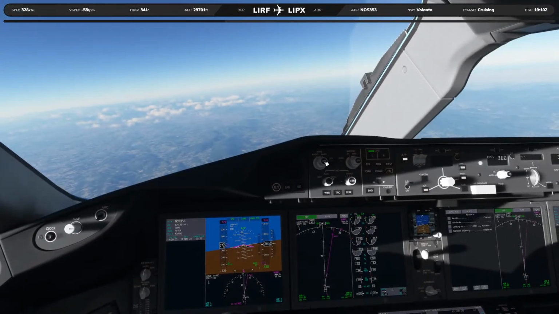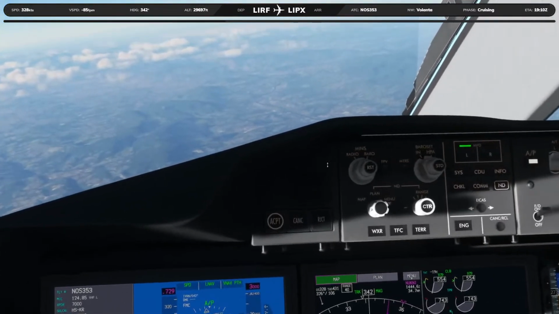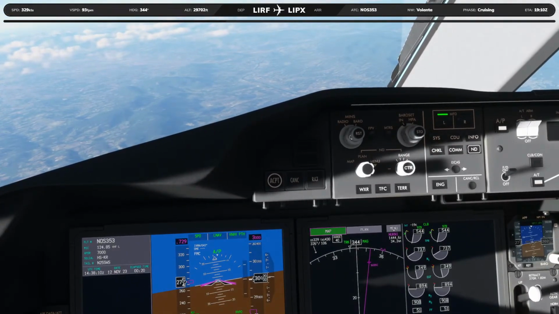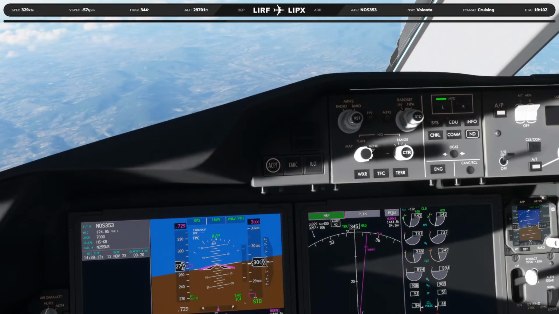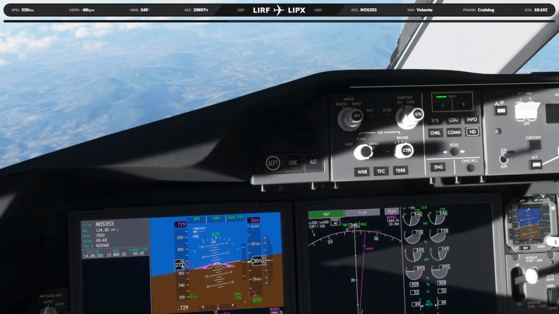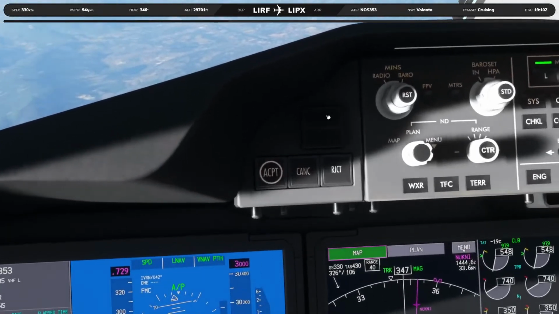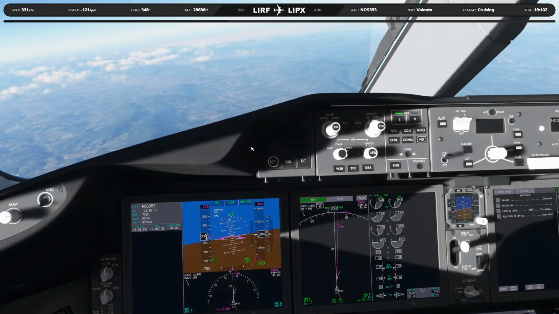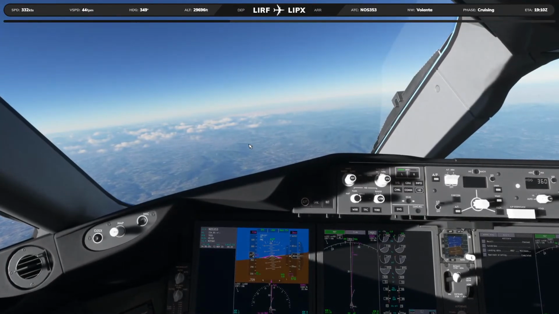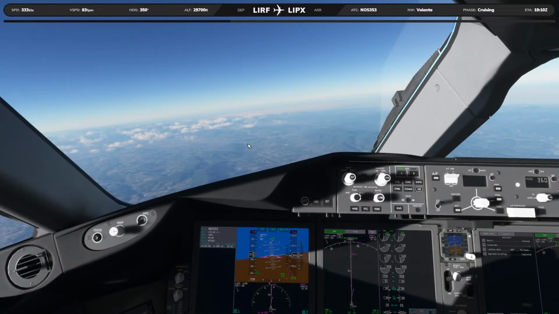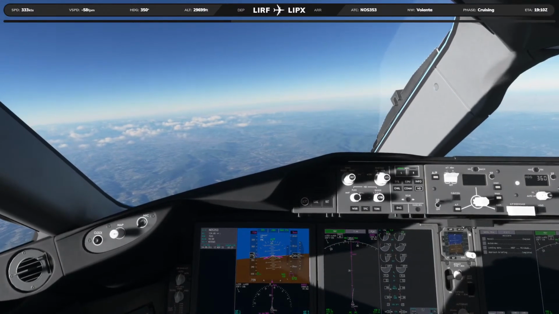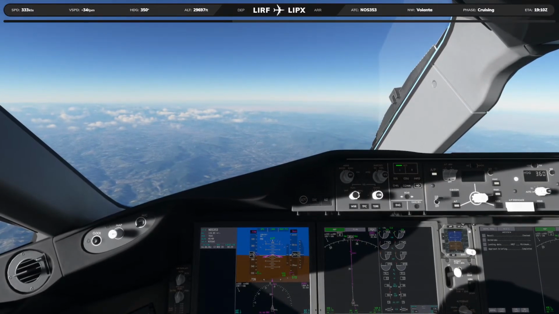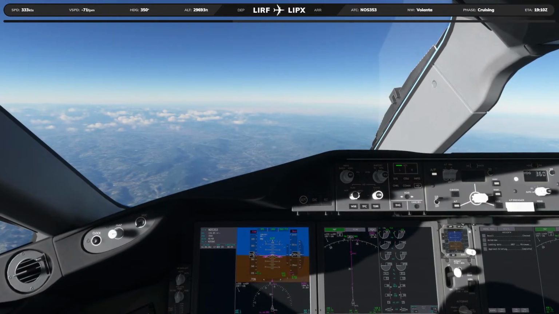So lots of news, definitely lots of updates in the X-Plane world. You know what? A lot of people come to the channel and they comment, thank you Q8 for not leaving X-Plane, and thank you for continuing to create X-Plane content. And the thing is, guys, I do like X-Plane quite a bit. I do like both sims a lot for different reasons, although I maybe have a slightly more affinity towards X-Plane.